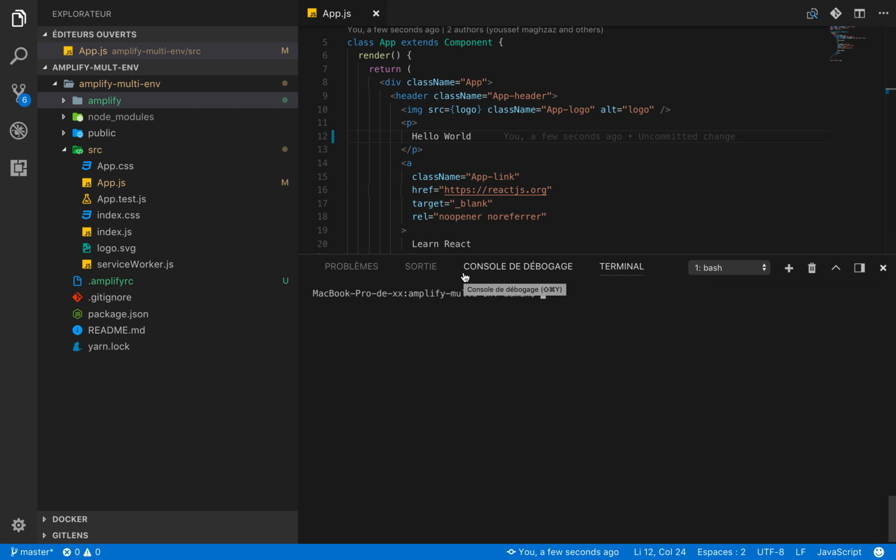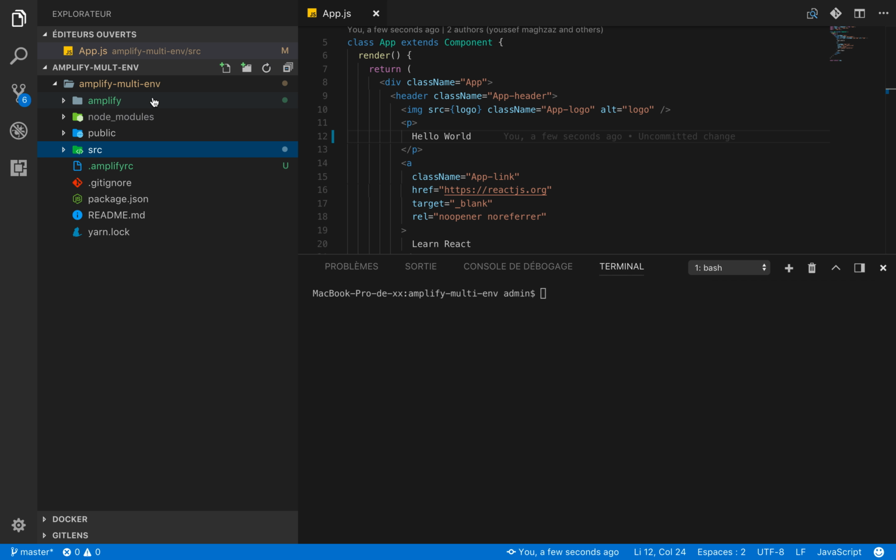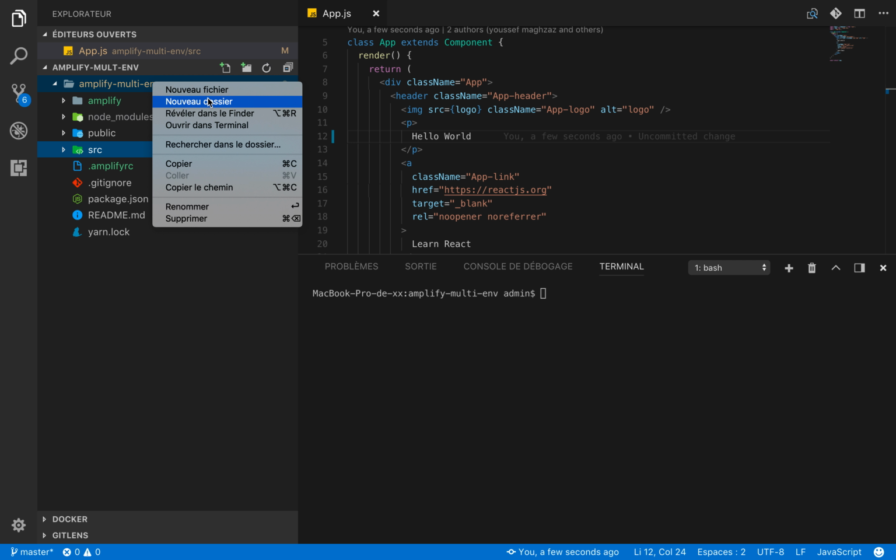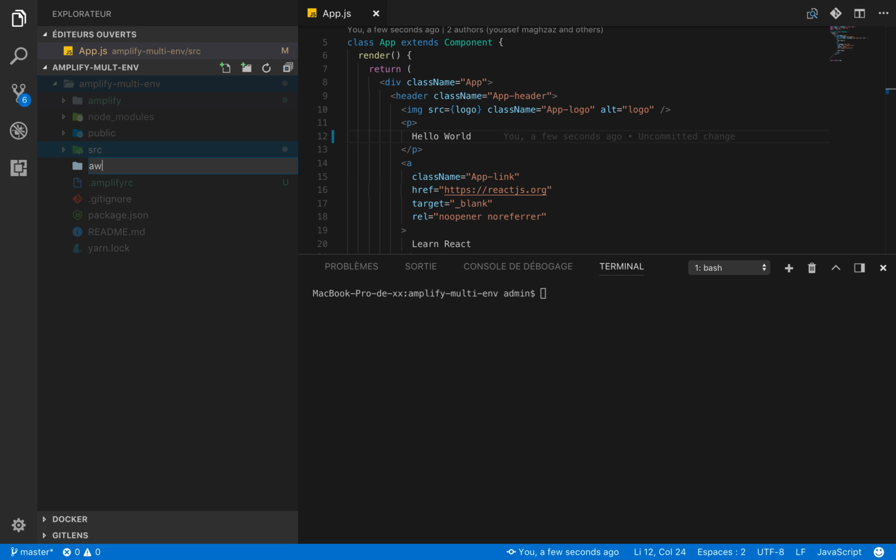Everyone. So in this video I will try to give you tips on how we can support multiple environments using aws-amplify. In this project we already initialized Amplify. So I will create a directory called aws, and inside aws I will create another directory. For example, let's name it dev. Okay, good. Now I will copy and paste this amplify